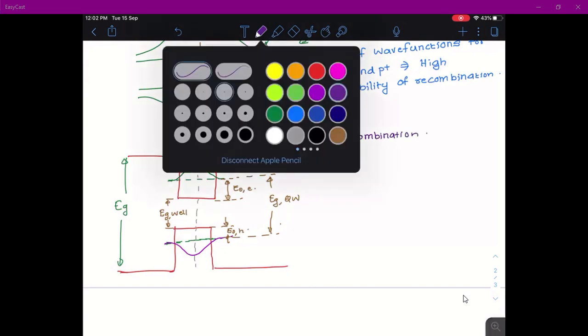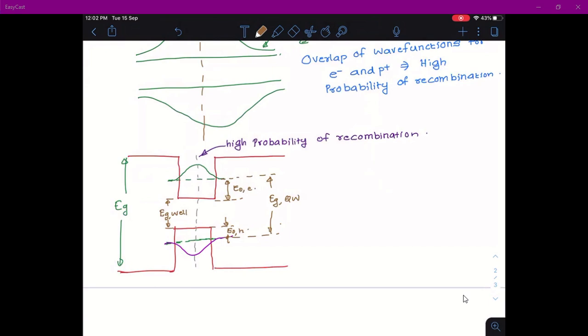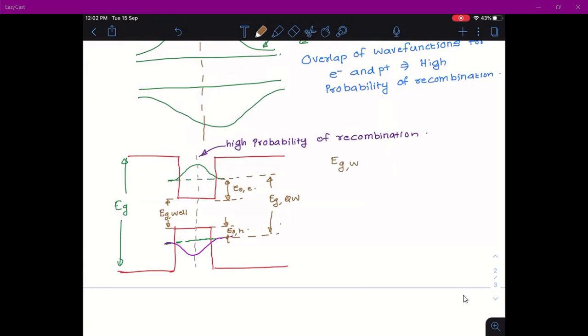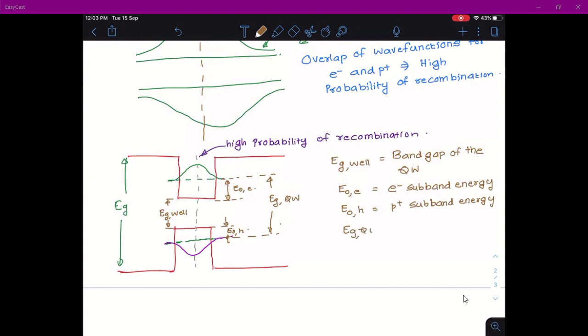And you can also find an expression to relate the different band gaps and electron energies. Let me just write down the terms. Eg well is the band gap of the quantum well, which is written as Eg,Qw. E0,E is the electron subband energy, which means the energy state in which the electron is occupying inside the well. E0,H is the hole subband energy, and Eg,Qw is the